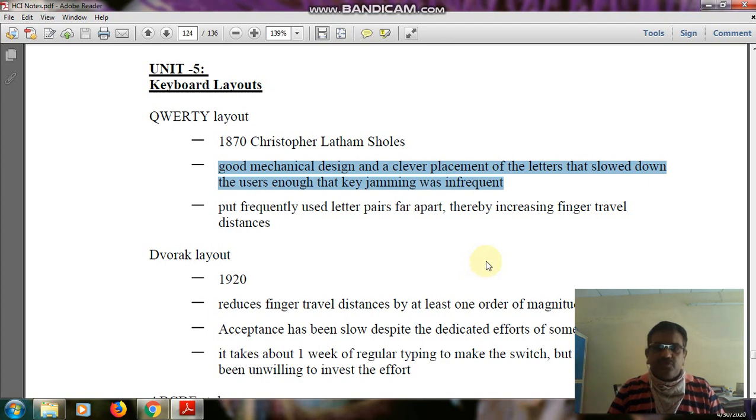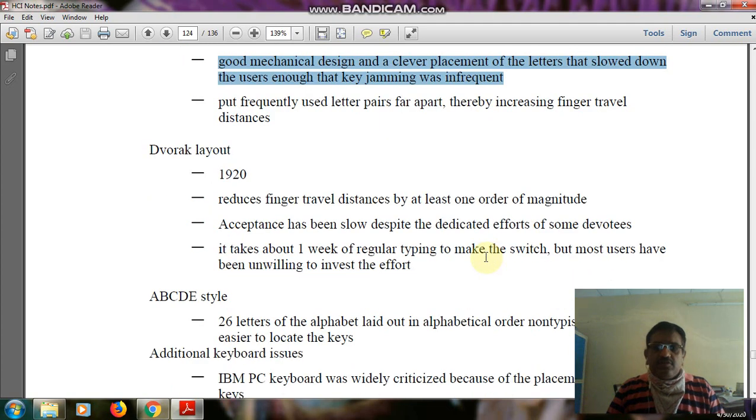The layout is useful for all the persons who use these applications, and it is used to improve typing skills and typing speed also.